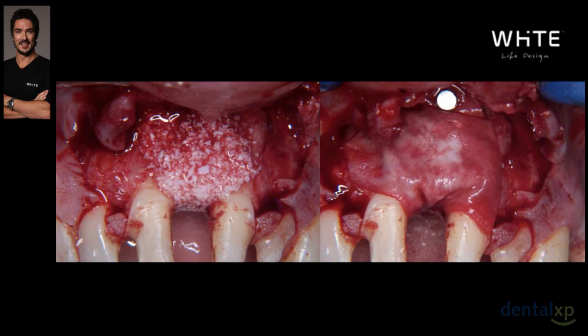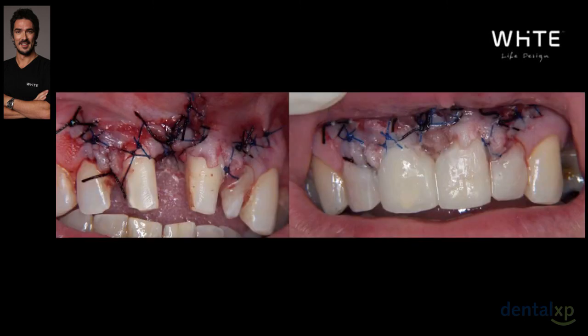This is a special tack that held the membrane in place. These membranes sometimes are very difficult to use. We could have used a titanium reinforced membrane. That would have meant that I would have had to go back in for a second stage surgery, which is not something that I really wanted to do. And we just sutured everything in place and did an immediate